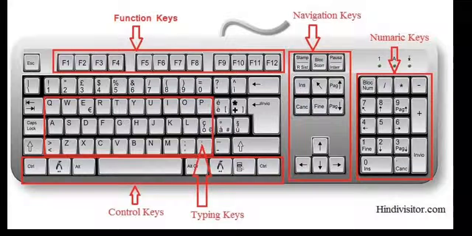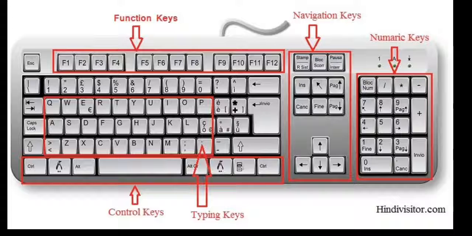The keyboard is used to enter data or give instructions to the computer. It is connected to the CPU box with a cable. It is a flat rectangular board with more than 100 keys on it. The keys of a keyboard can be classified as follows. The first one is letter keys, so letter keys A to Z in small letters or A to Z in capital letters.